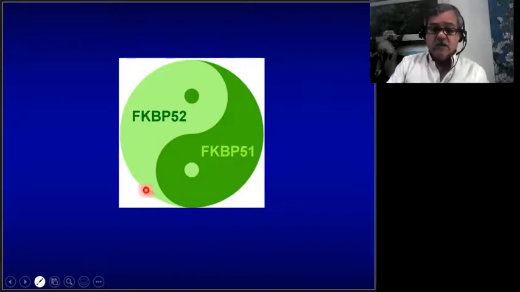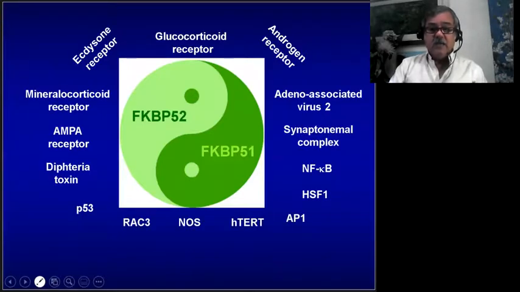The relative expression of 52 and 51 is different in these systems, and consequently, so is the composition of the GR complex. Thus, the 51 to 52 relative ratio of expression regulates the nature and intensity of the final biological response. A similar explanation may apply to actions of other factors such as NF-kappa B. In recent papers, we demonstrated that NF-kappa B is similarly regulated by immunophilins as GR is.